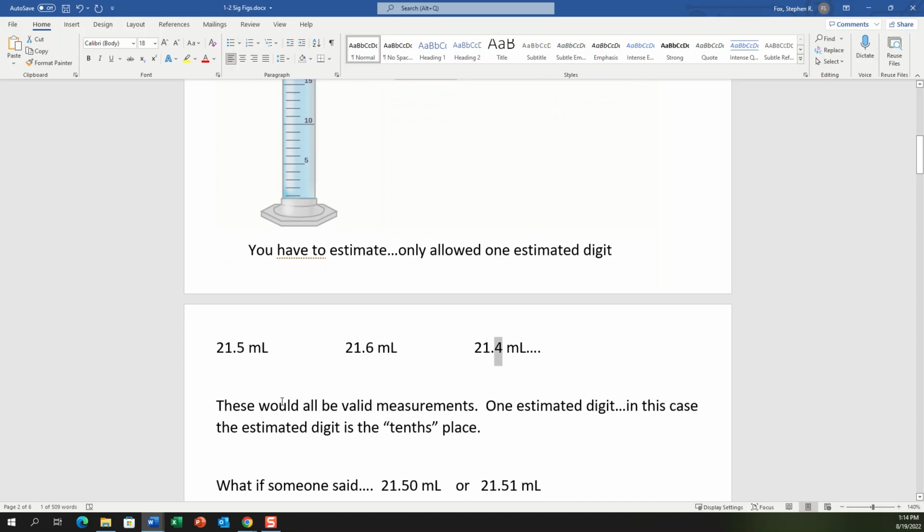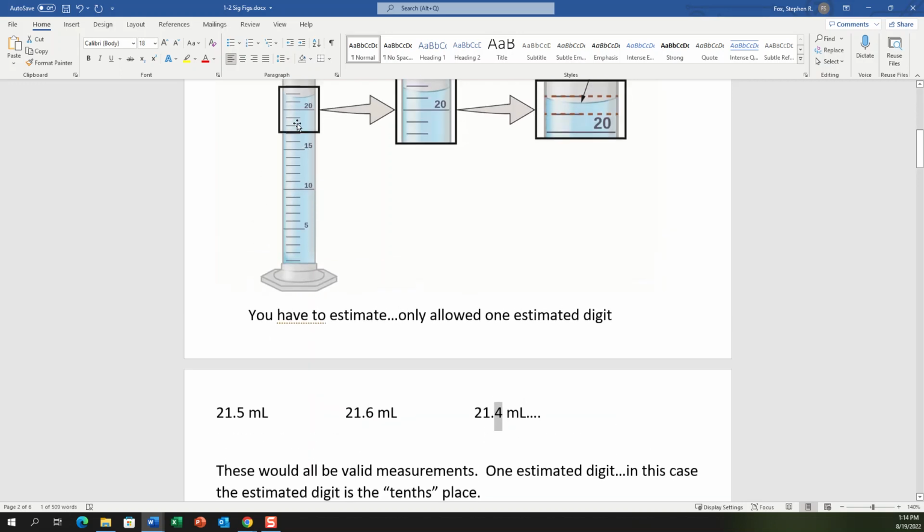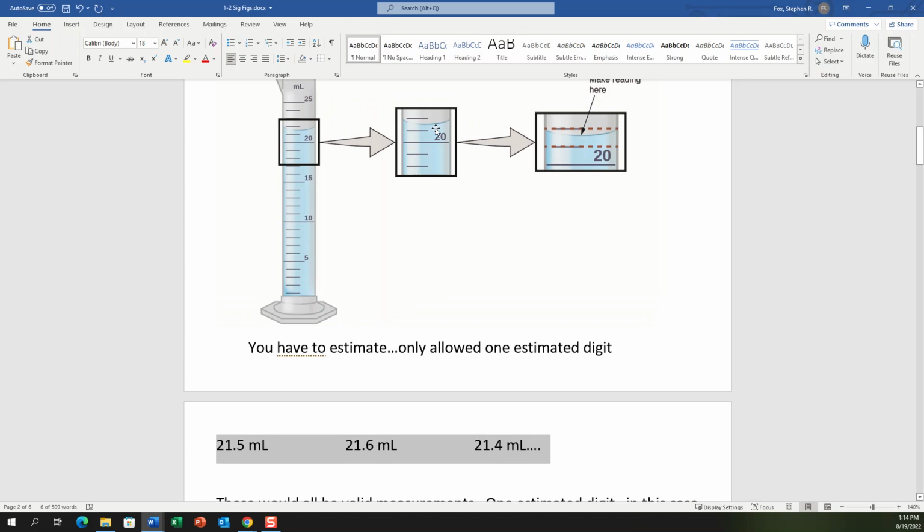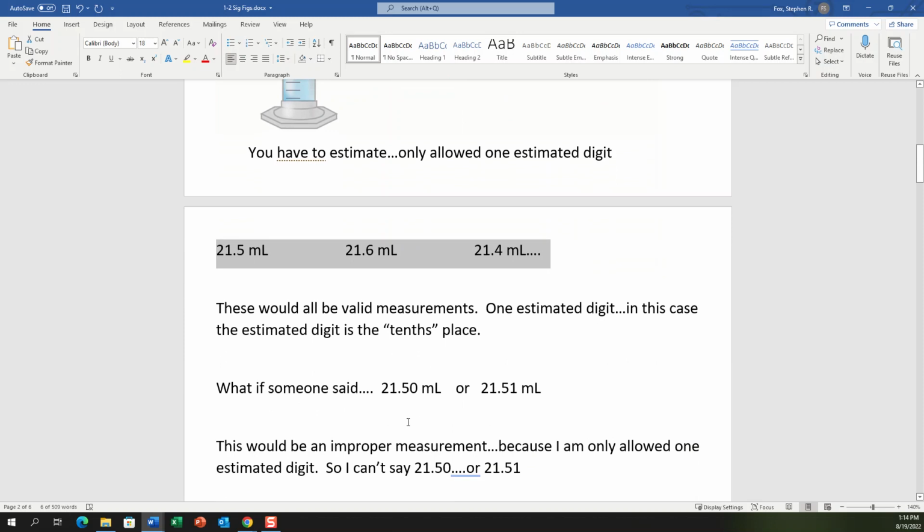So how do I know how many decimal places to go to? Well, if I'm given the ones place, which I'm given in this graduated cylinder, then I can estimate to the tenths place. I'm allowed to estimate the tenths place, but I'm not allowed to estimate to the hundredths place. So these three measurements would all be perfectly fine based on this picture. If this is what you were looking at in the lab, these would be perfectly fine measurements. But what I couldn't do is say 21.50, or 21.51, or